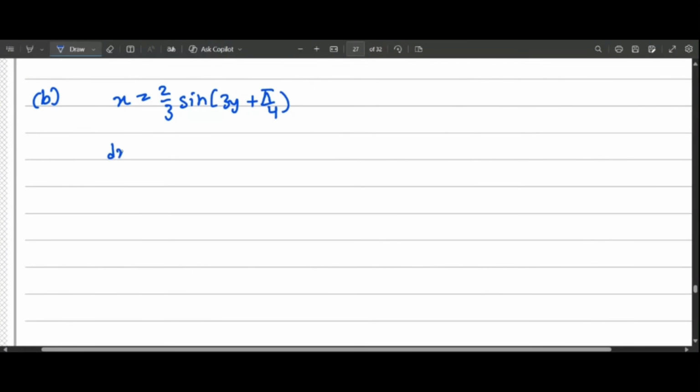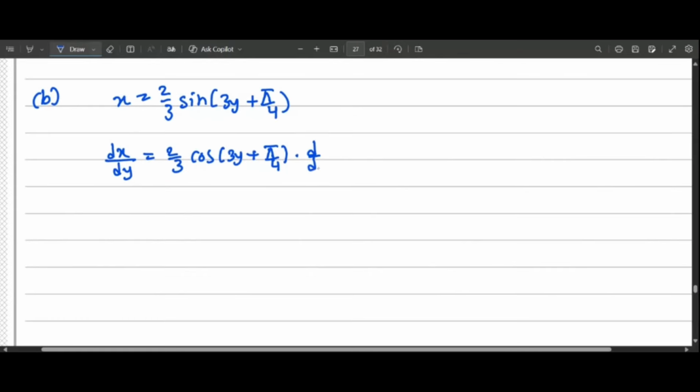We can find dx by dy as 2 by 3 times d by dy of sine 3y plus pi by 4, which would be cos 3y plus pi by 4